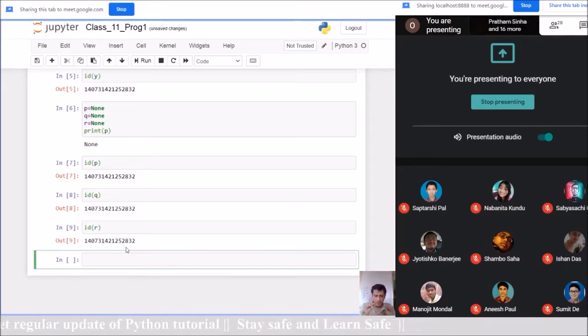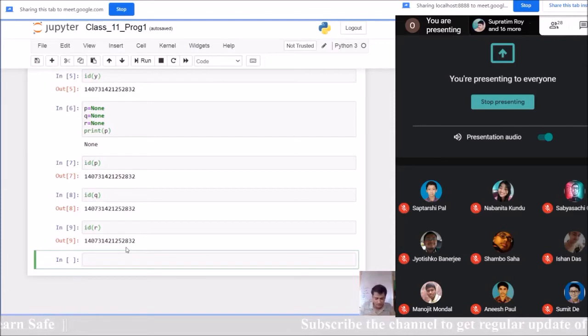So the ultimate conclusion we can draw from here is that there is only one None possible in the total Python program. In my complete set of program, one None is possible to assign, and that non-existing memory is shared or mapped by all variables which are assigned None.